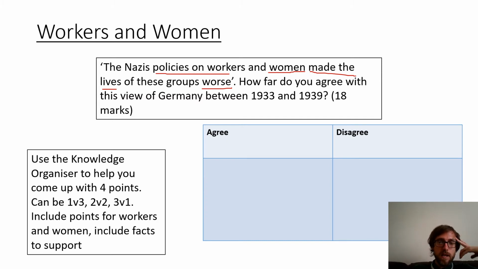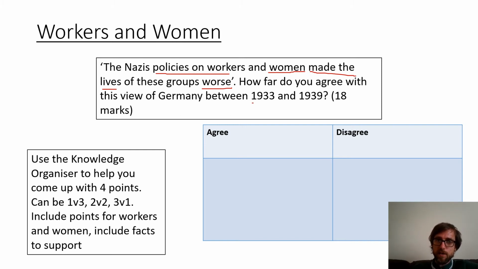It doesn't need to be equally. You might go into the exam and think, oh god, it's about workers. I didn't really revise that as much. Hopefully you will, but realistically there will be areas of weakness going into an exam possibly. So even if you just did one paragraph about workers, that's fine. If the rest of it's about women, you can still reach the top band by doing that.